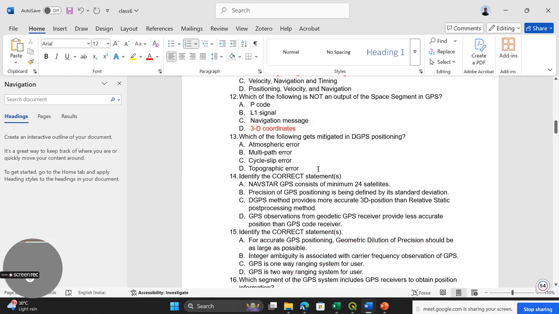Which of the following gets mitigated in DGPS positioning? So what is DGPS first? If you understand the concept, then it is easy to answer. Differential global positioning system. So what we do in DGPS, next thing,